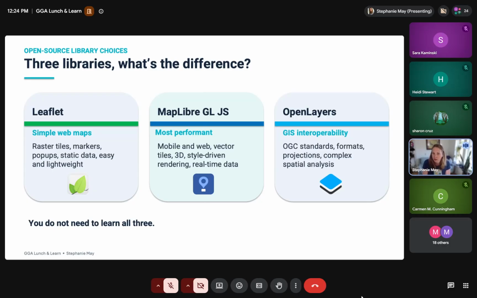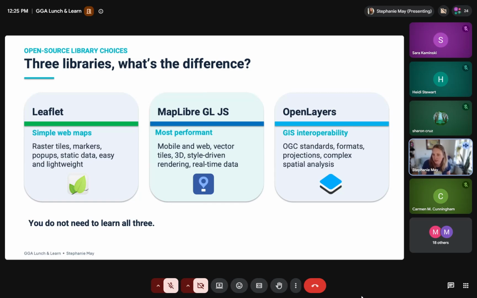Okay, so now coming finally to what am I talking about when I talk about open source libraries? There's three main ones that people use currently that are under active development, and they have a good amount of overlap, but there are reasons why you might pick one amongst all the others. So the first one that you may have heard of is Leaflet. Leaflet and OpenLayers, actually, have some common history. Leaflet spun out of OpenLayers. Leaflet is known for being simple. It's fundamentally built only with raster tiles.